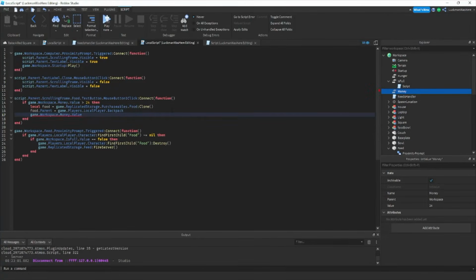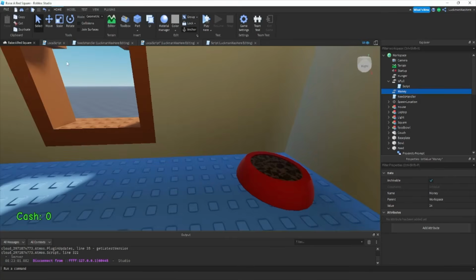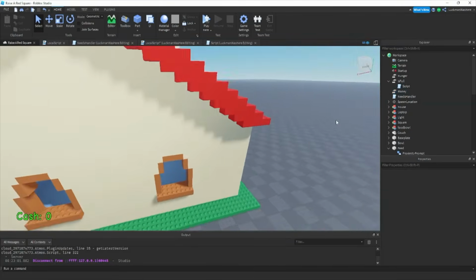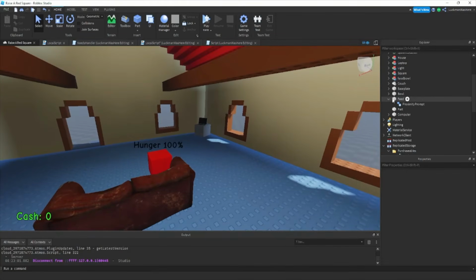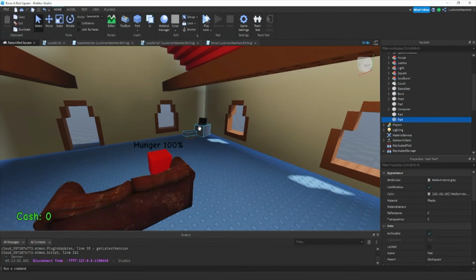game.Workspace.Money.Value equals game.Workspace.Money.Value minus 25. Okay, so now we have food in our shop. Now I'm going to teach you how to make an actual purchase, because I'm sure you want to have content in your game. So we're going to add a part,